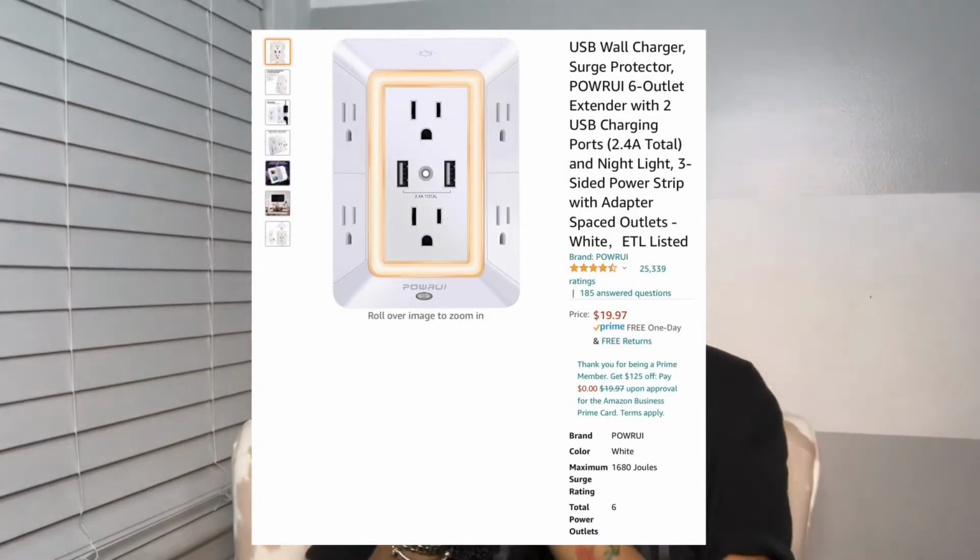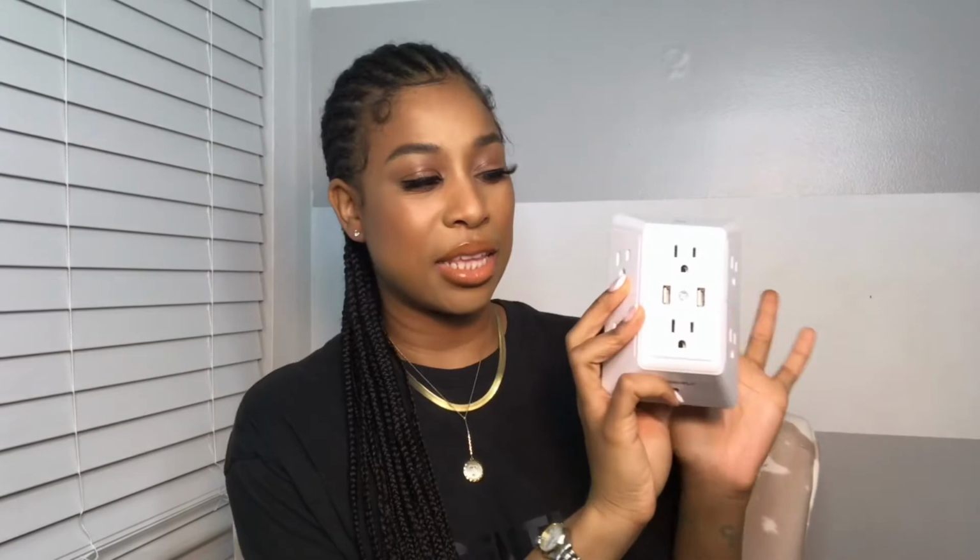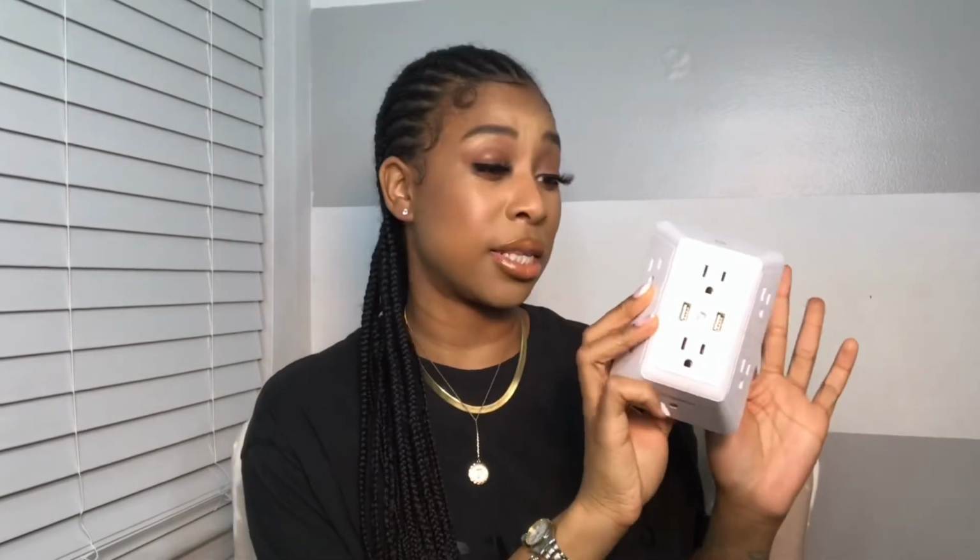So next up are these guys, which as you can see, it's basically like a surge protector, but this is lit because it has 6 outlets, and it has 2 USB ports. So if you have this, you and Bae don't have to fight over who's going to charge their phone first, who's going to charge their phone closest to the bed, because both of you can charge your phone at the same time. Love that. It also lights up, and